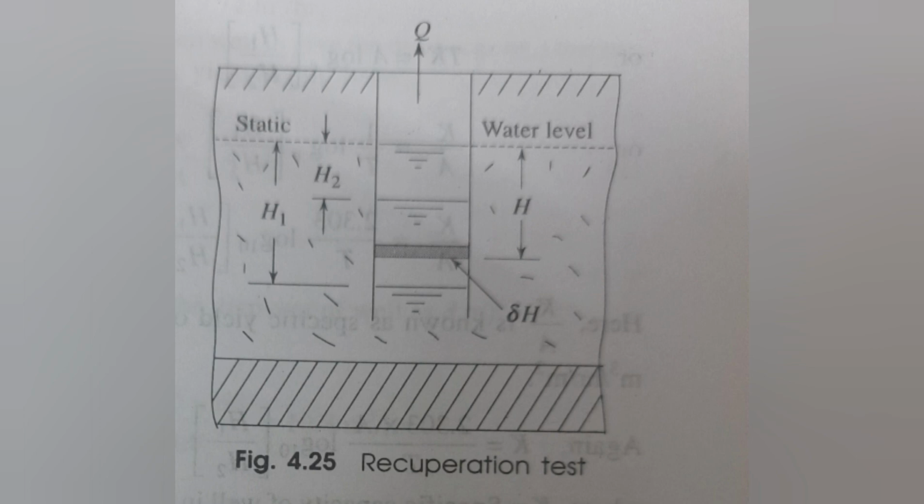the time required by the water to come to the original level is recorded. The head corresponding to one third the critical head is called the working head, and the yield corresponding to the working head is called the maximum safe yield. To understand the concept of the recuperation test more easily, note that this test is purely for finding the yield of an open well.